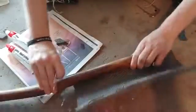Here we are scoring the inside of the foam with an X-Acto knife before we start to glue. This helps the glue of your choice, if it's E6000, barge cement, Gorilla Glue, or epoxy, stick to the foam better. After gluing down the handle and waiting a day, we started to sand the handle because it's all uneven